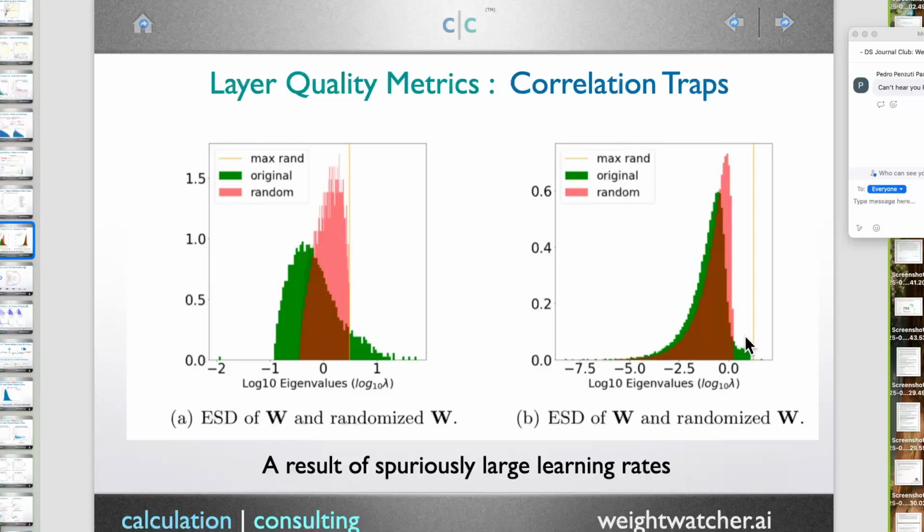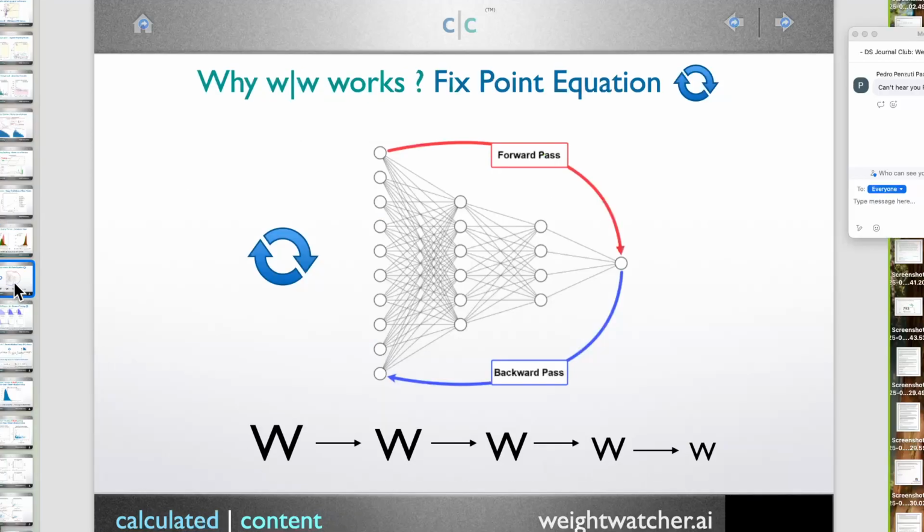Okay, now I'll talk a little bit about the theory. It's a very rich analytic theory. I'm just going to qualitatively describe to you what's going on. Anyone who wants to go through all the math, I'm happy to share the paper with you. You can join the Discord channel. We have a reading group where we go through it. It takes a little while to derive all of this, but it can all be derived from first principles using techniques from statistical mechanics.